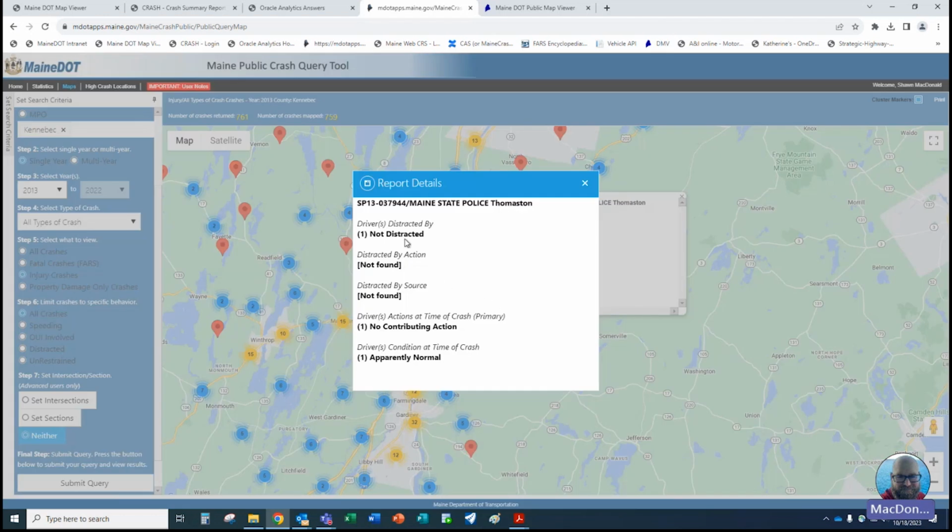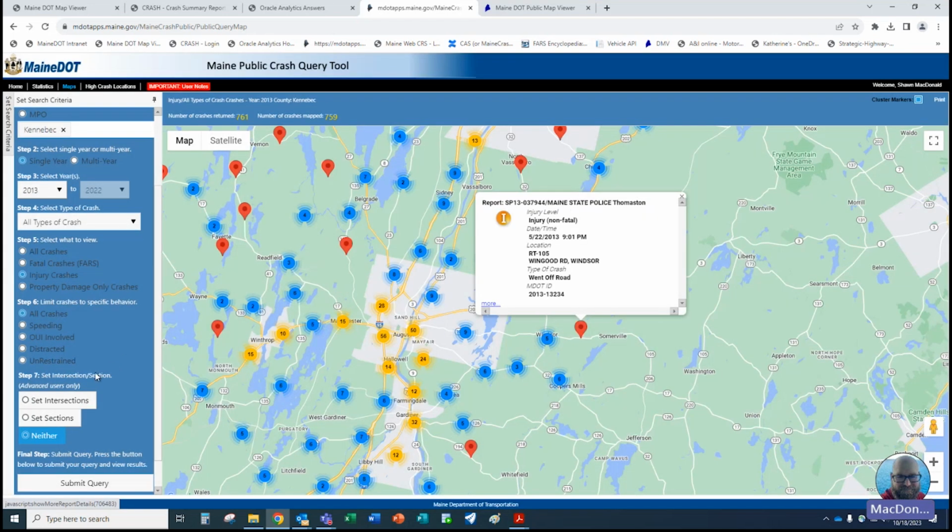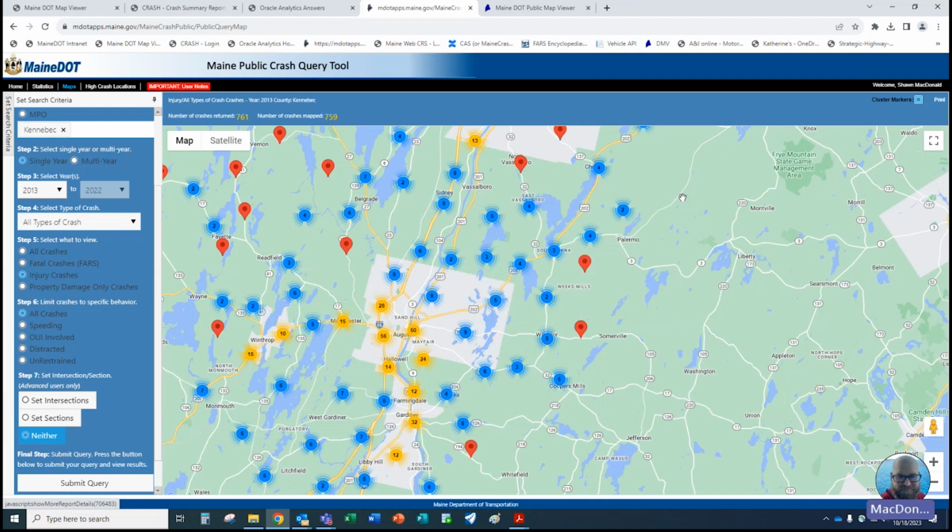With the advanced, you get a little bit more. So it gives you a little more information. There's not a lot to find out in this one, but sometimes there'll be distracted driver information. Driver actions: what'll be listed in there is typically if impairment was involved, and their condition or actions, would be speeding, and condition at time of crash. That would indicate where a driver may have been impaired related to that crash. So if you didn't have the advanced user options, you wouldn't get those extra tidbits there.